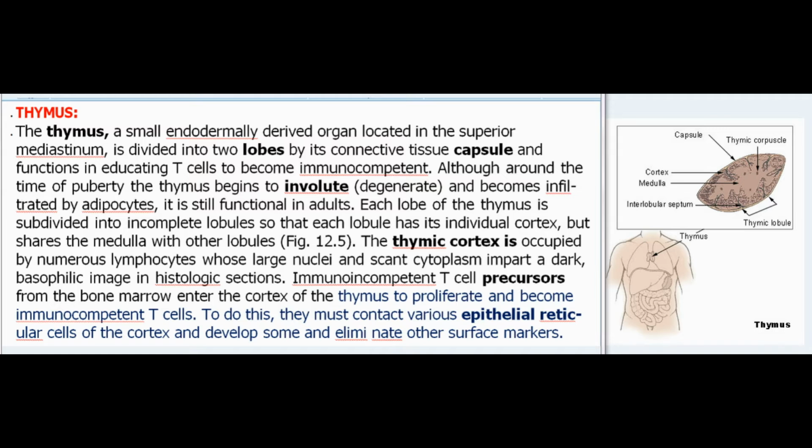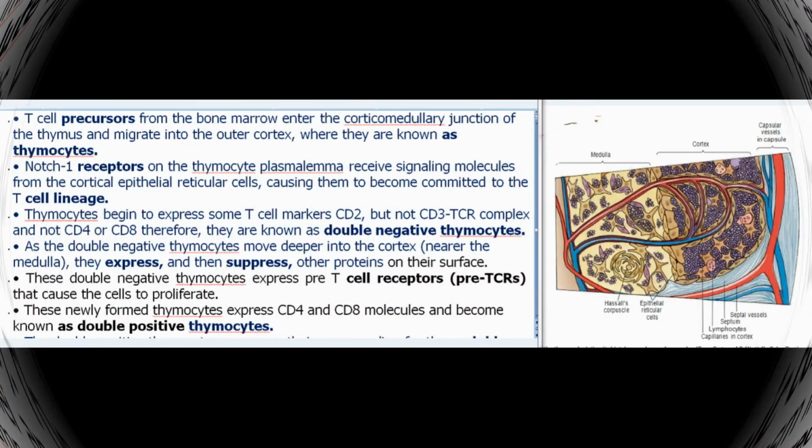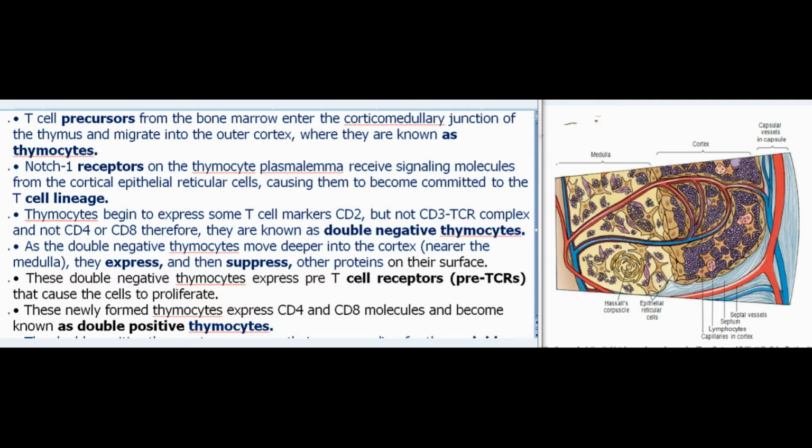Although around the time of puberty the thymus begins to involute, degenerate, and become infiltrated by adipocytes, it is still functional in adults. Each lobe of the thymus is subdivided into incomplete lobules so that each lobule has its individual cortex, but shares the medulla with other lobules, Fig 12.5. The thymic cortex is occupied by numerous lymphocytes whose large nuclei and scant cytoplasm impart a dark, basophilic image in histologic sections. Immunoincompetent T cell precursors from the bone marrow enter the cortex of the thymus to proliferate and become